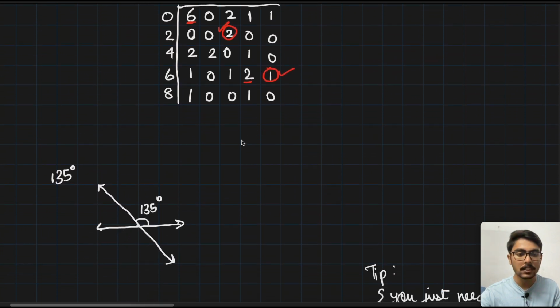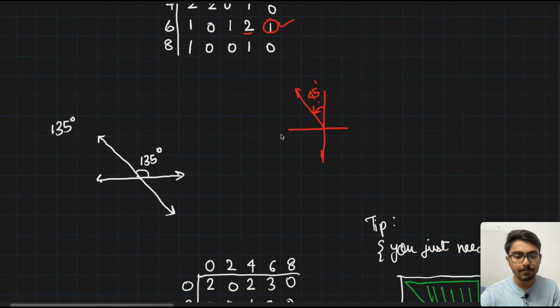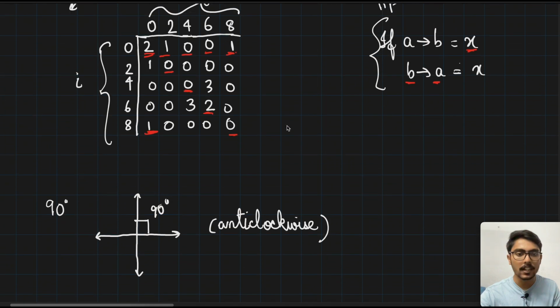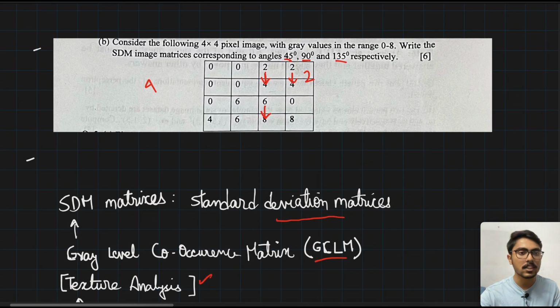Now the last part is the 135 degree angle. So 135 is simply 45 degrees after 90 degrees, right? So we have a 45 here. So that's the direction which we are going to consider when we are moving from i to j. So if we are going in that way, we'll take into consideration the zeros, the diagonal elements first. So you see 0 to 0, 1 and 2, then again